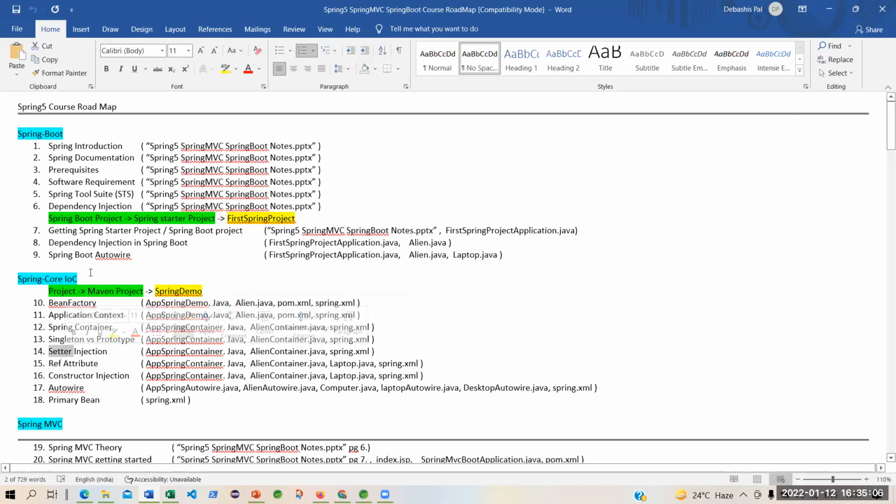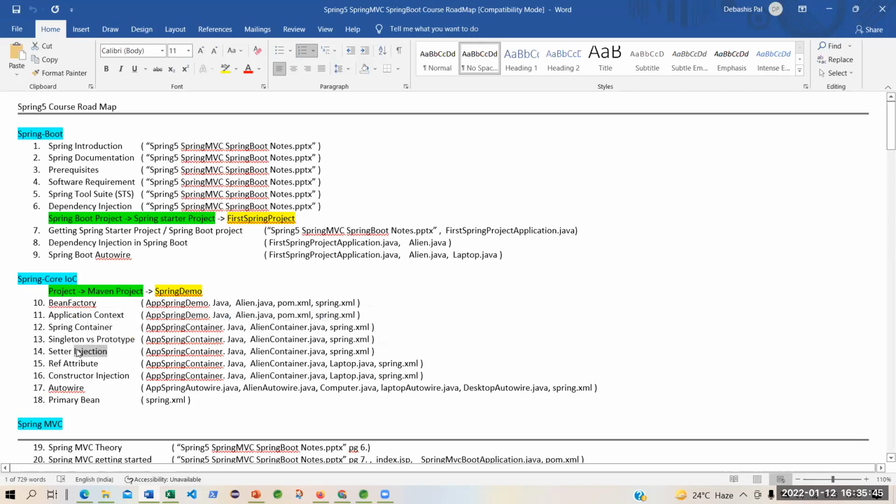Then you have to say how the Spring infrastructure or framework helps you get setter injection. The getter and setter encapsulation you learned in Java, you no longer need to do from your side. The encapsulation will be done by Spring core. So IoC deals with object creation and maintenance of the object, and that is no longer with you. It will handle the setter and the getter by injecting. This is dependency injection.